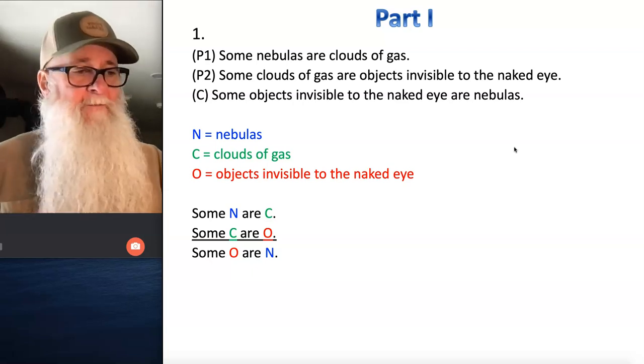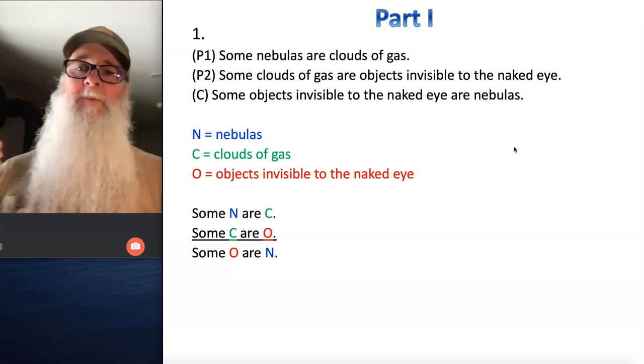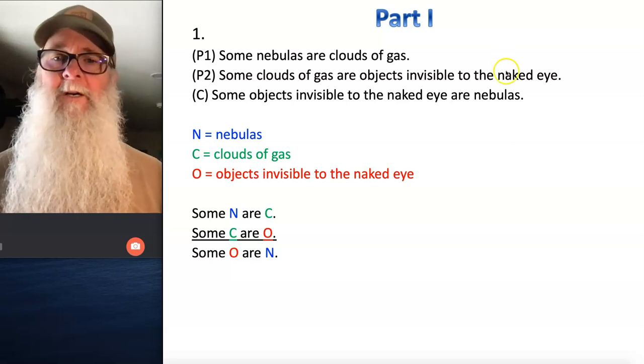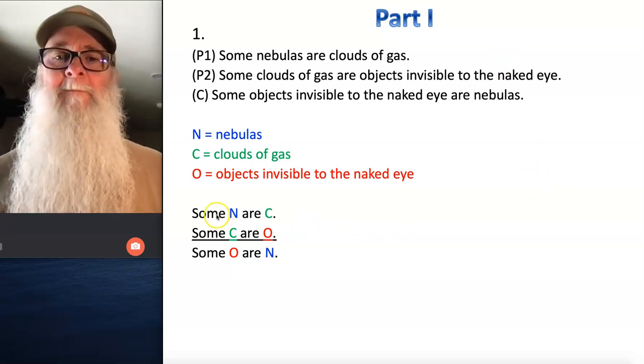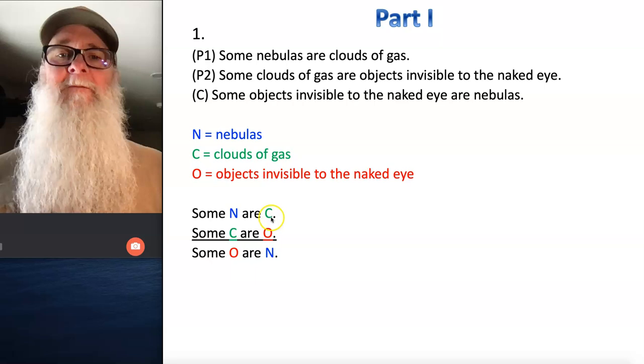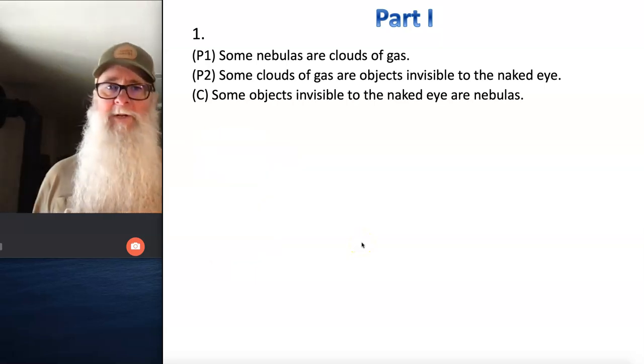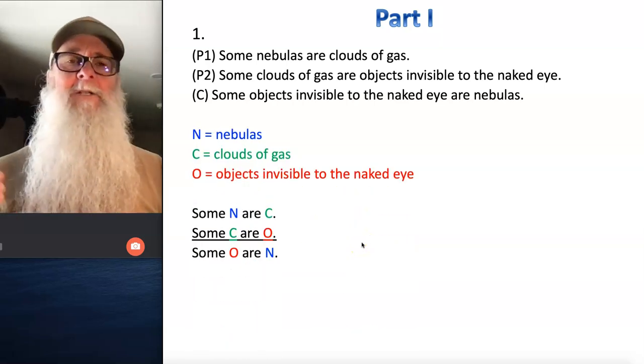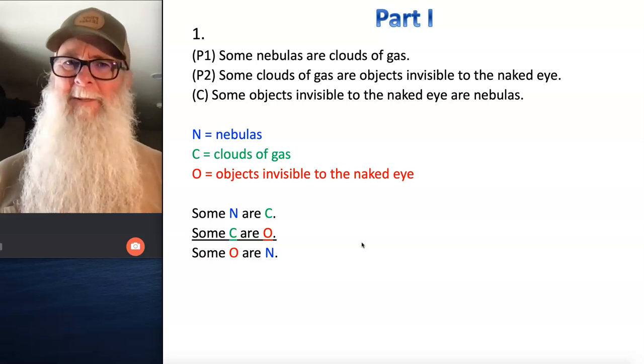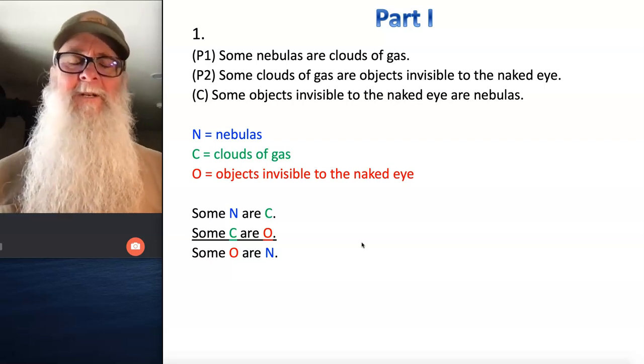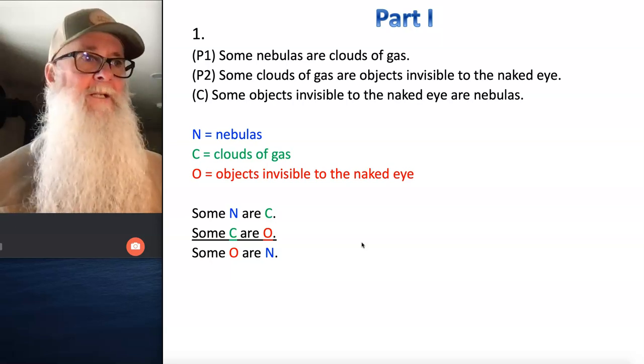You don't have to have those exact terms. You can have whatever terms you want. You just want to make sure that your final rendition of an argument is an argument with the form I in figure 4. Now we can go on to identify our distributed terms, and that's where we're going to run into a bit of a problem, because this entire argument is comprised of I statements, and I statements don't distribute